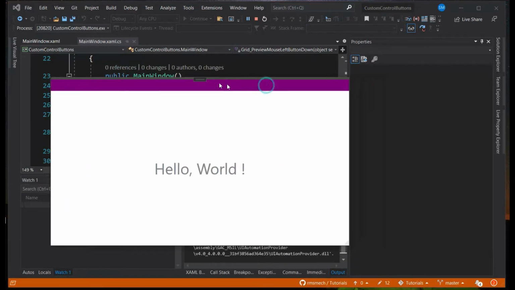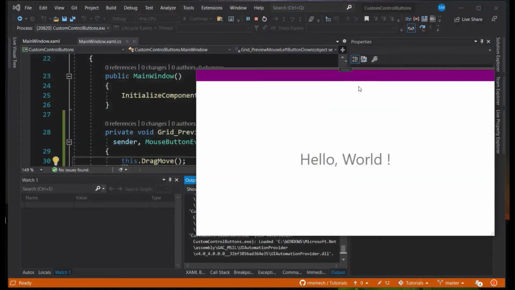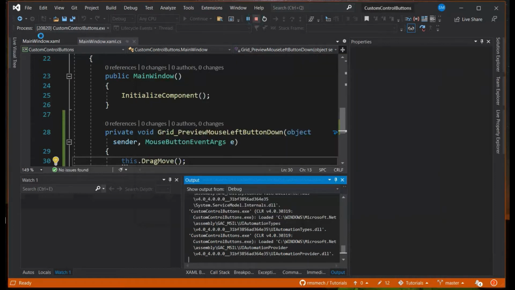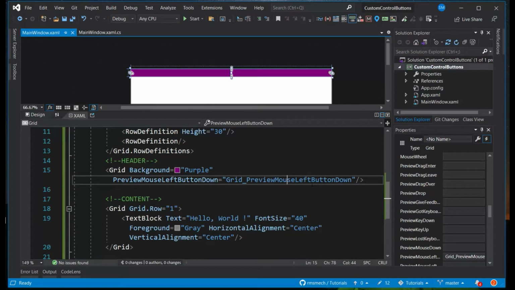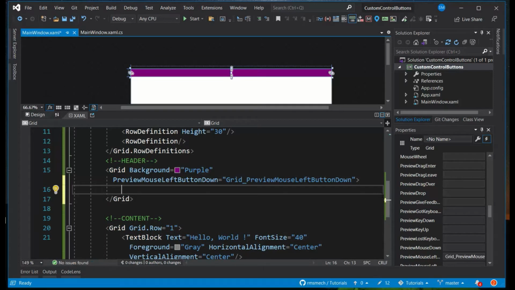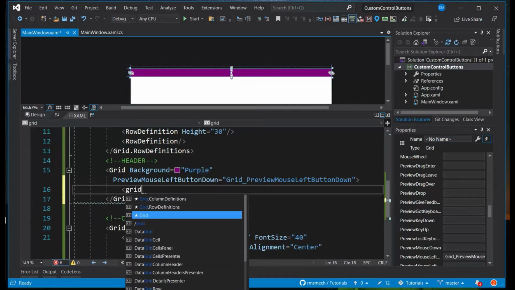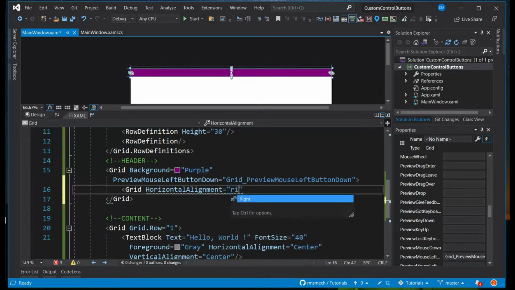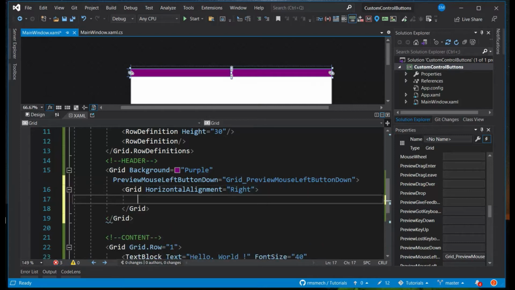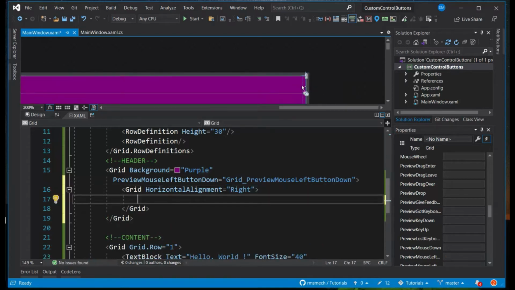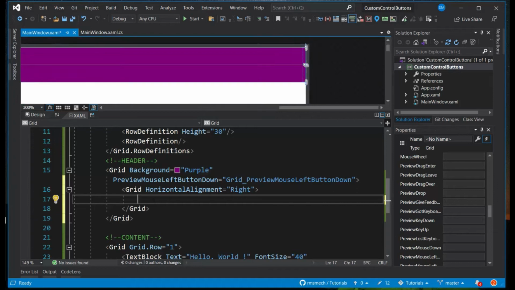So now I press and drag and move, and this is quite good. And now I'm going to add a couple of buttons here. This whole item is totally fine for me. I'm going to add something else. So in the header, I'm going to do something like this. I'm going to add one more grid, and this horizontal alignment is right. Why? Because I want it on the right side, which is going to be my control